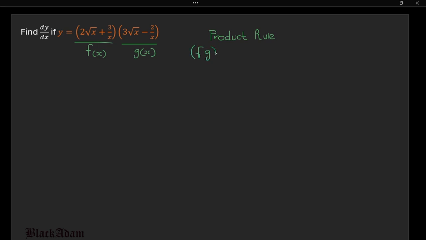So the product of the two functions f and g, the derivative of the product of f and g of x is going to be the derivative of f of x multiplied by g of x plus, let's just put them in order, f of x multiplied by the derivative of g of x. And then from there we know that